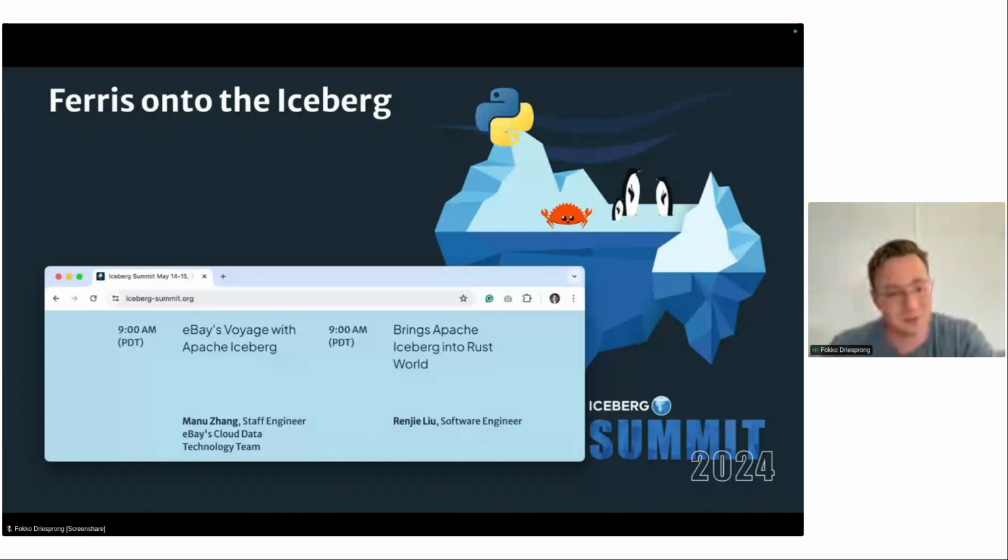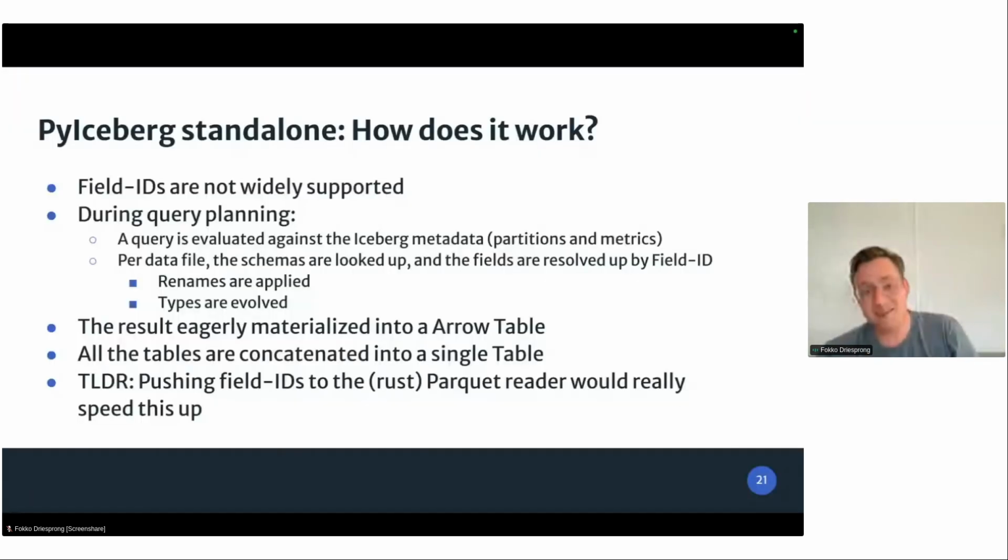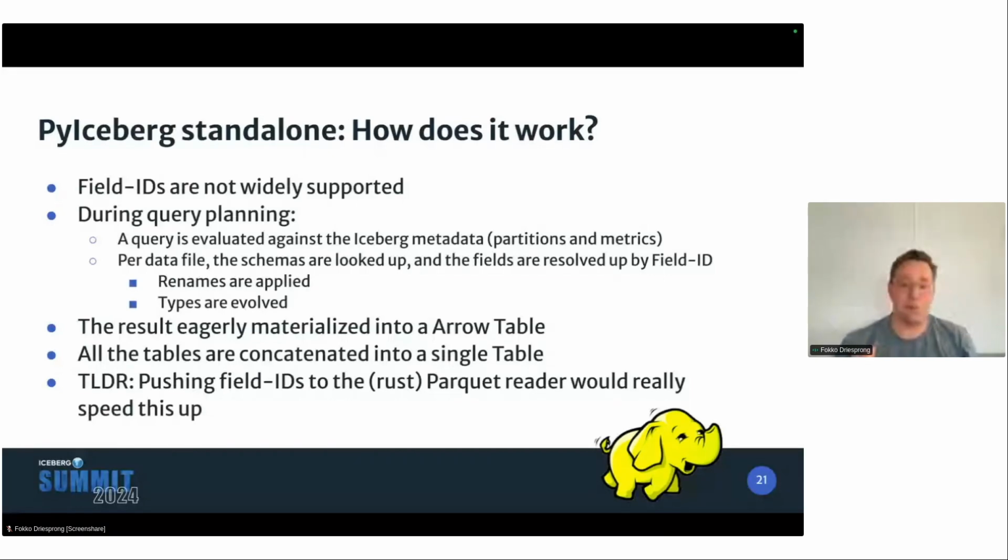I'm here more to talk about why I think Python and Rust are such a good symbiotic relationship in this case as well. And that's mostly because of some limitations that we ran into. The biggest problem is that field IDs are not widely supported within the rest of the ecosystem. I think this is a major